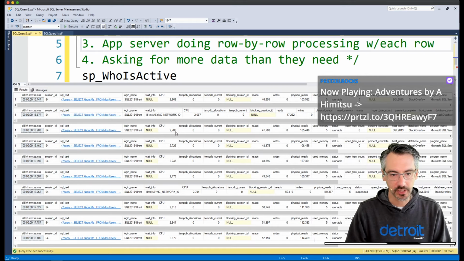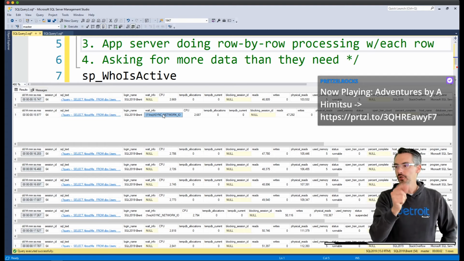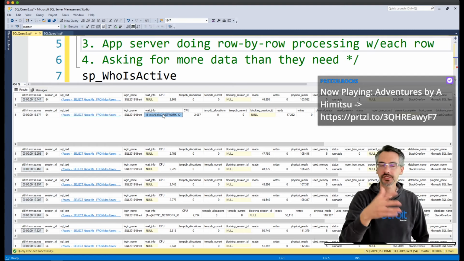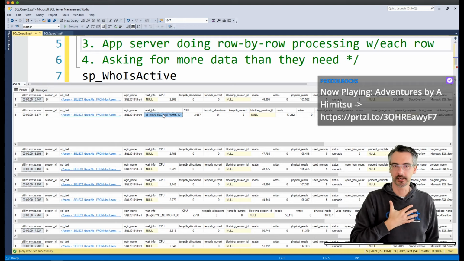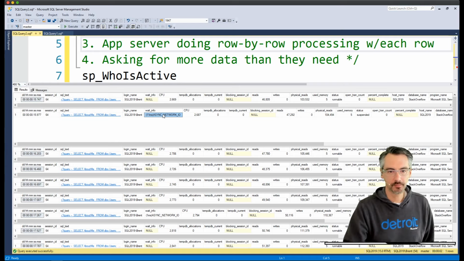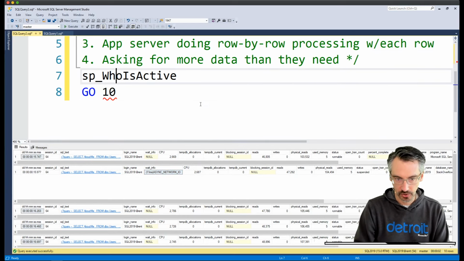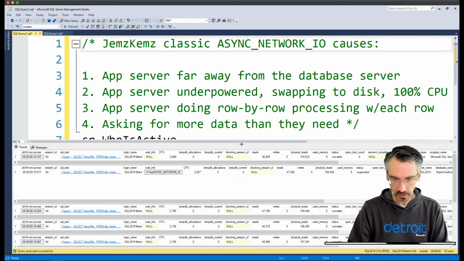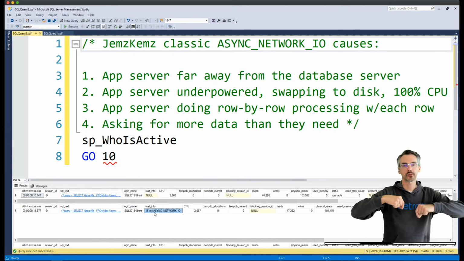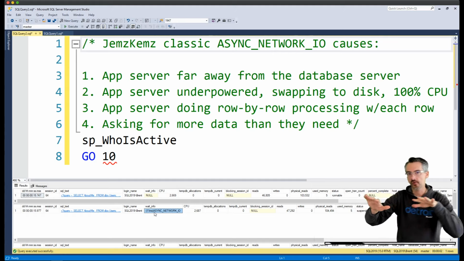We're going to go see what you would see over in your own server when you run sp_WhoIsActive. It won't happen every time, you're going to have to do it several times, just like I did, but you're going to start to notice a trend. I'm going to put a few things on the screen here just so people can see it easier during the recording. sp_WhoIsActive will tell you what a query is waiting on right now. It doesn't tell you overall through time.